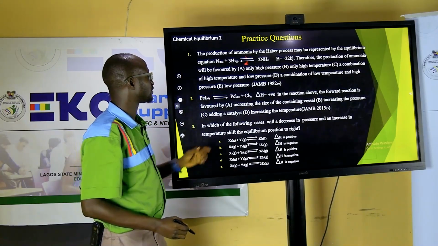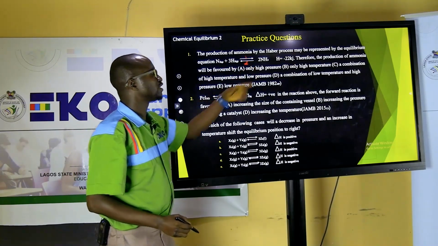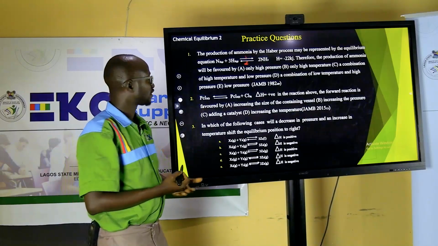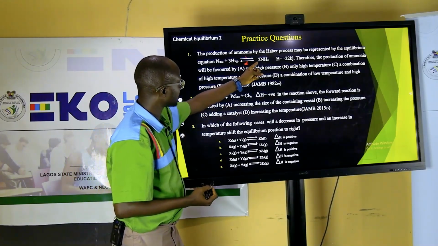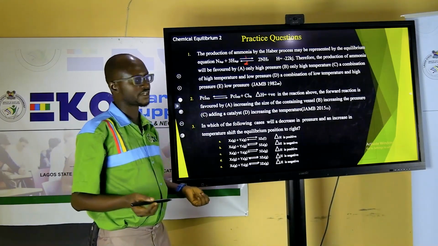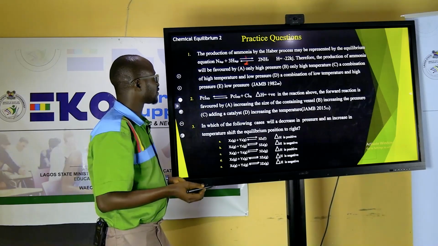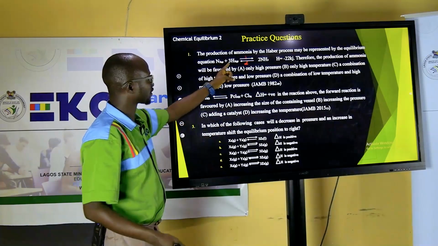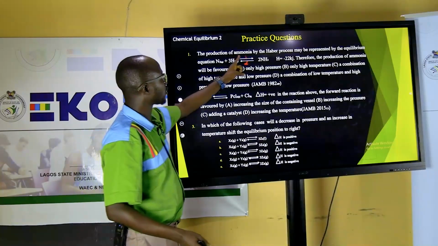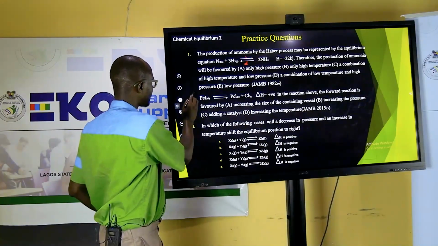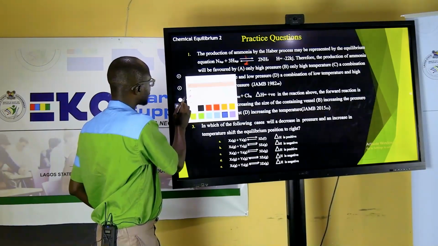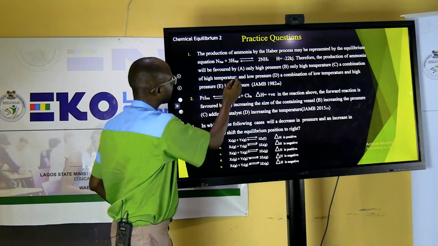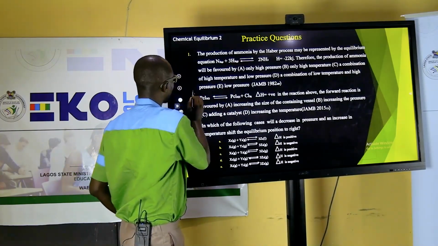So, to favor the forward reaction, that means an increase in the production of ammonia. It cannot only be high pressure. Looking at it, temperature also has an effect. So A is not the correct answer. And if you look at pressure, we have 1 plus 3 to give us 4, from 4 to give us 2. So meaning that the forward reaction